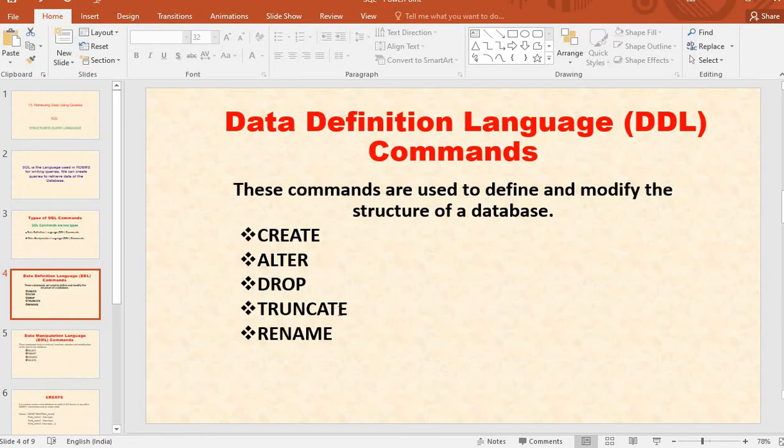Truncate. Fourth command is truncate. If you want to remove tables in a database, then you have to use this truncate command. Here, don't confuse about these two commands. Drop command means you have to use this command to delete a database.